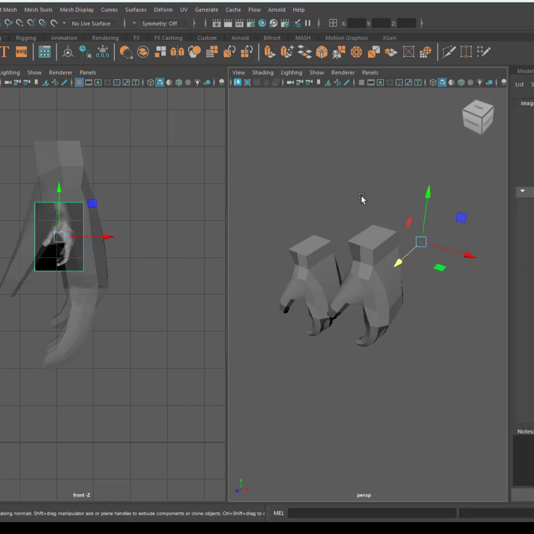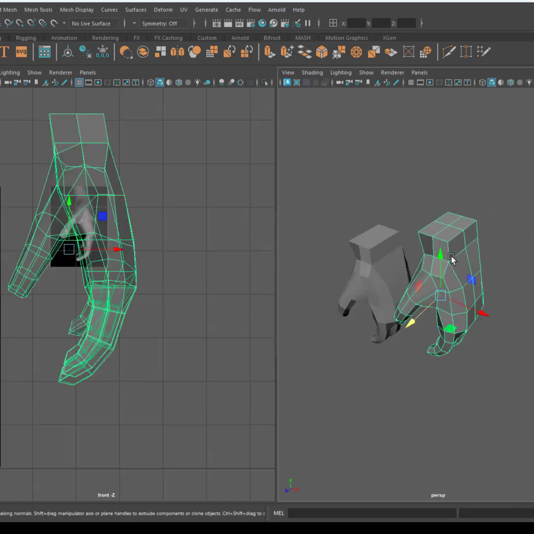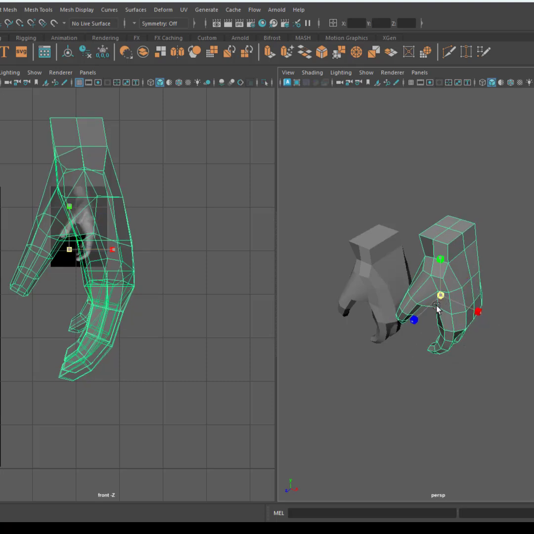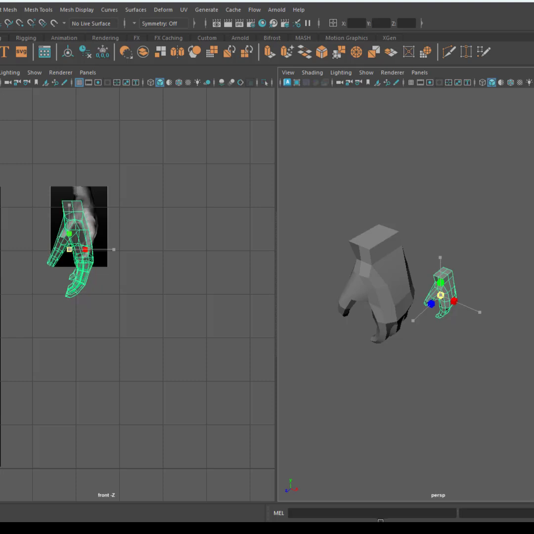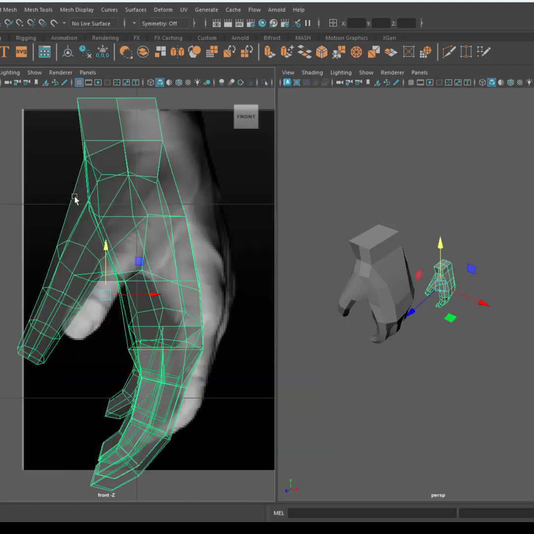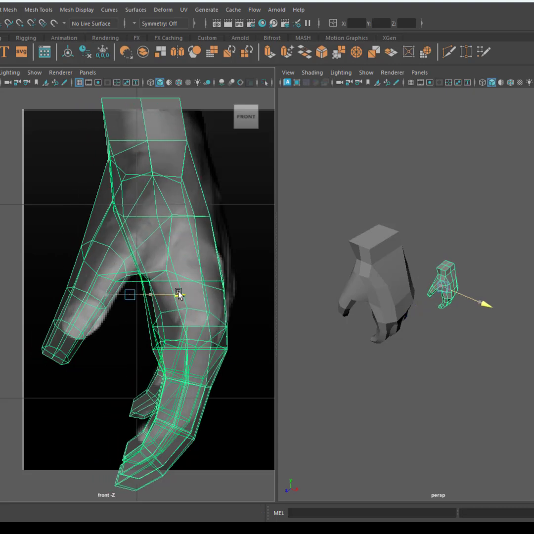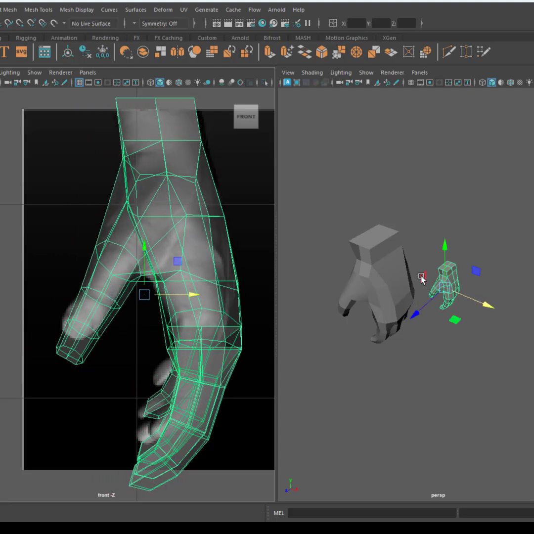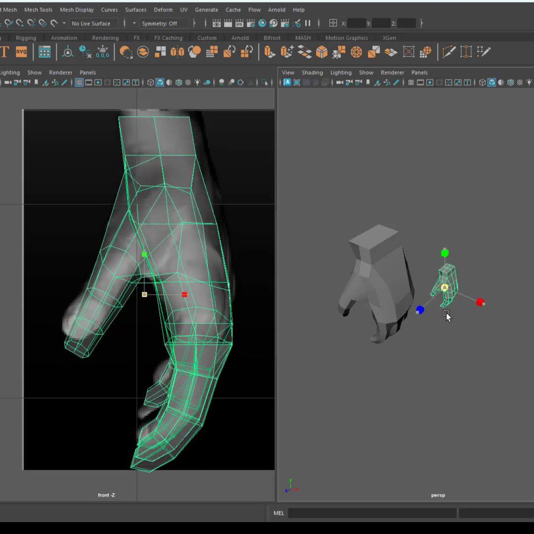Okay, so now I'll press R to scale, and scale this at the center so it will be proportionate. Press W for move, F so that I can position it properly, and then press R for the scale tool once more,